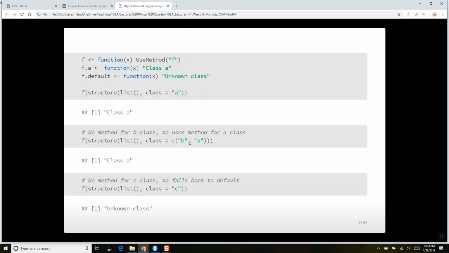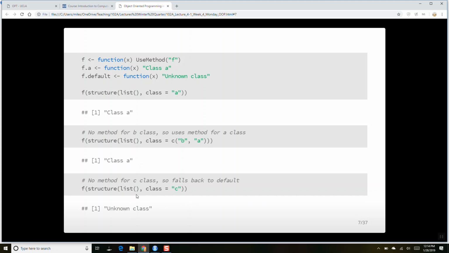Here I've got the same thing, an empty list. The class is a vector, B and A. R tries to look for a method. It looks for f.b first, but it doesn't find f.b, so then it looks for f.a, and it finds f.a, which says return the character string class A, and so it returns that.